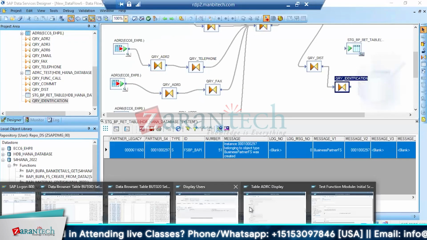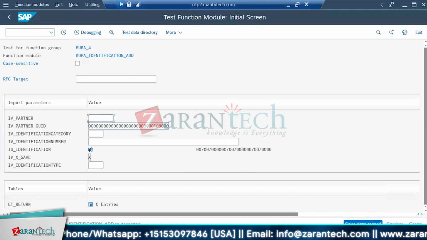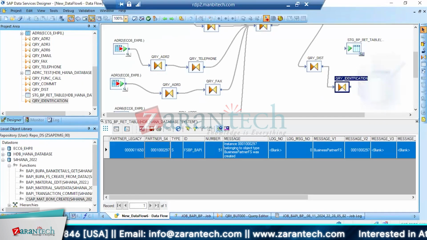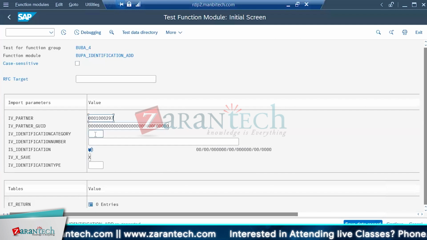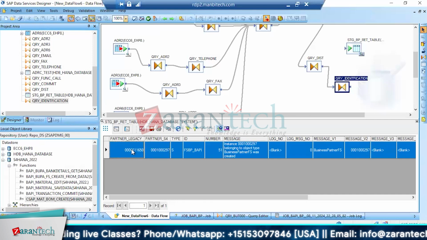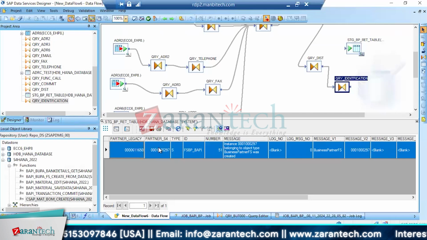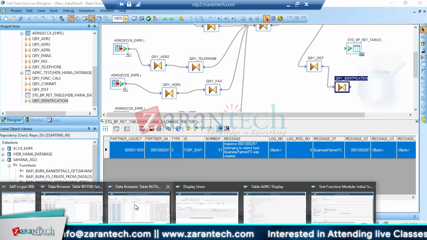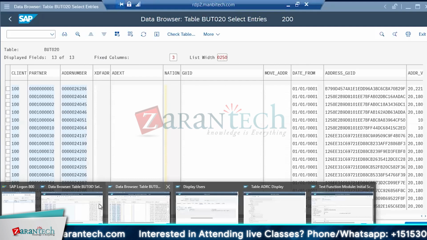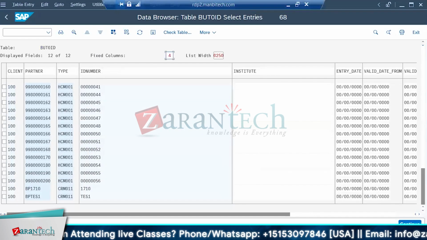Go to iDoc. Wherever you find an iDoc, go there. It's easy. What was the table name? Now I forgot. Okay, this is the business partner number. And what was the identification category? Identification number has to be this one, legacy number, right? But I will not use this one, otherwise I will face error. I will use _1 because I have to again load the same number, right? So I will use 601 and here the identification category will be my BU group, I guess. Wait, it's not BU group, here it is BU group, okay? BOT0 ID, I think it has to be